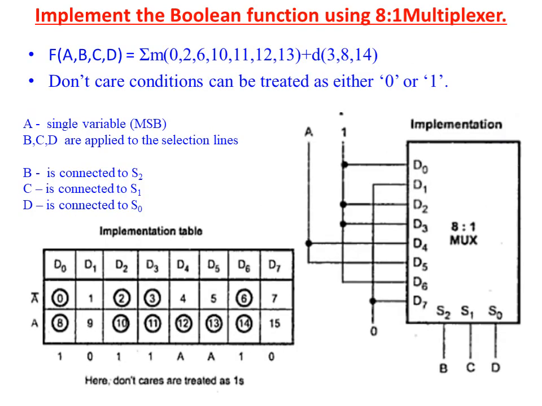Implement the following functions with don't care. The don't care combinations can be treated as either 0 or 1, and we are using A as a single variable. So the B, C, D, E are applied to the selection lines. So here we are circling our min terms as well as the don't care terms. Don't care terms are considered as either 0 or 1.